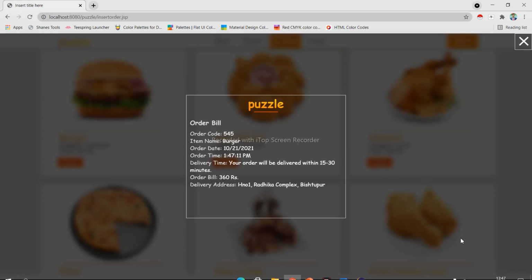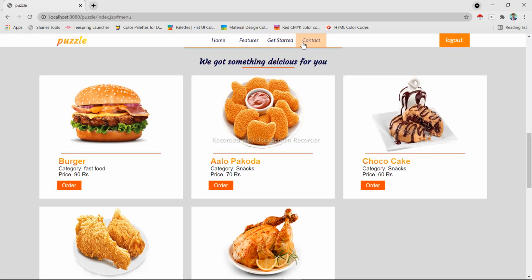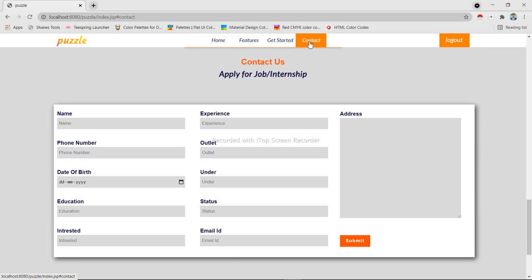And if you check the time in our system, it is showing 1:47. And here also it is showing the order time is 1:47 p.m. So it is taking the order date and order time from the system. The date and time are not pre-filled. It is always done dynamically, the date and time are taken from the system. So whichever time the user is ordering, the same time would be displayed in his bill.